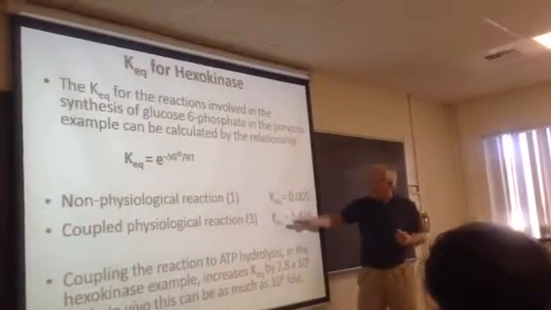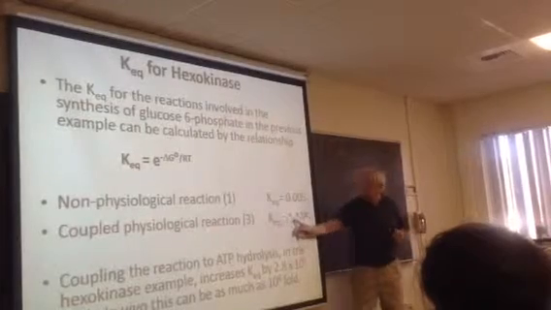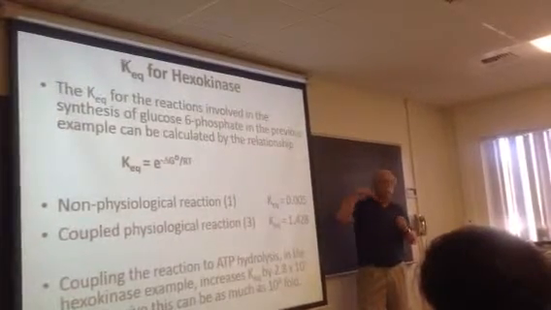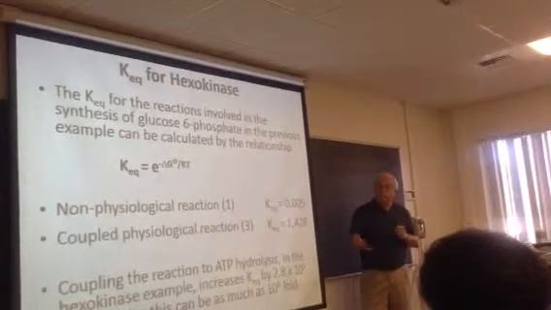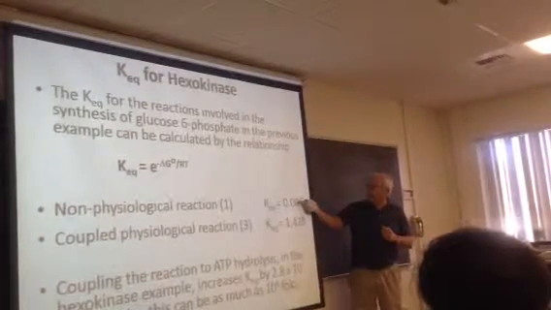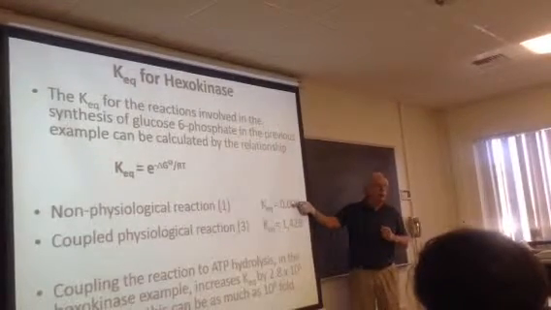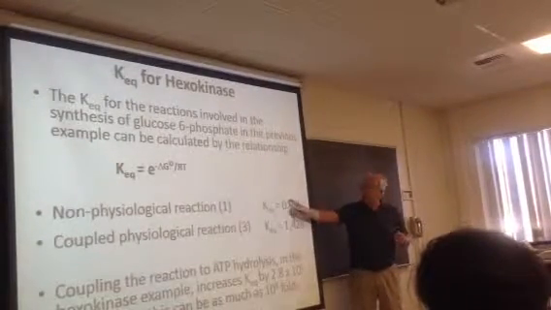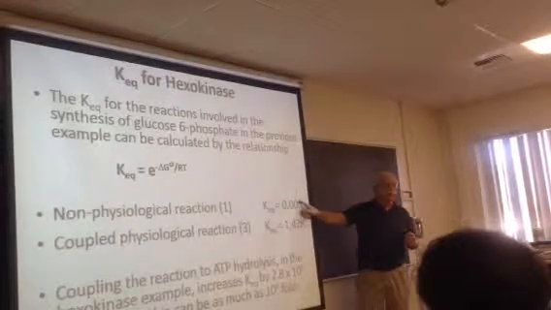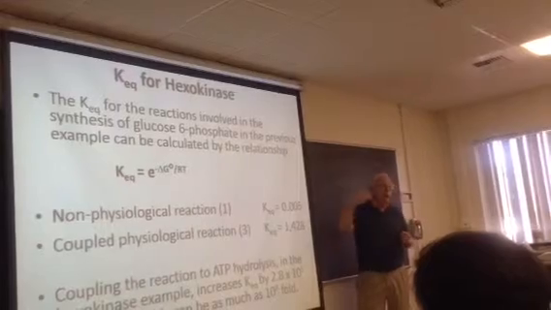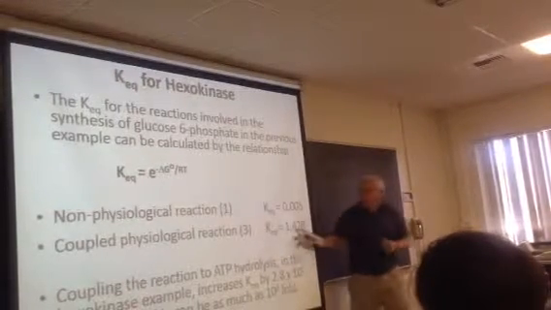Once you link it to ATP hydrolysis, though, the equilibrium constant becomes huge. 1,000 times, 1,400 times more product than reactant. So this is where the uncoupled reaction starts. This is the biological job you want to do. It's uphill, unfavorable equilibrium constant, way less than 1, and it's turned into a gigantic positive, favorable reaction by linking